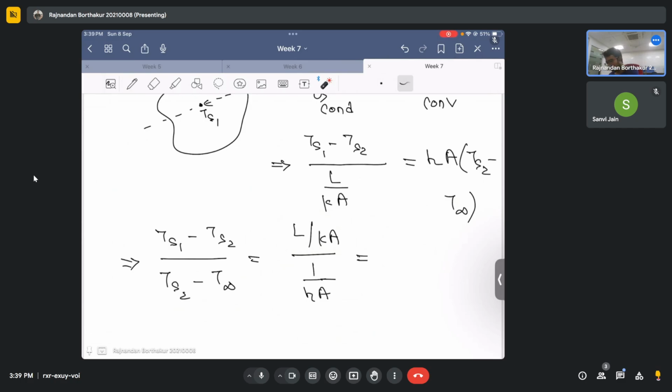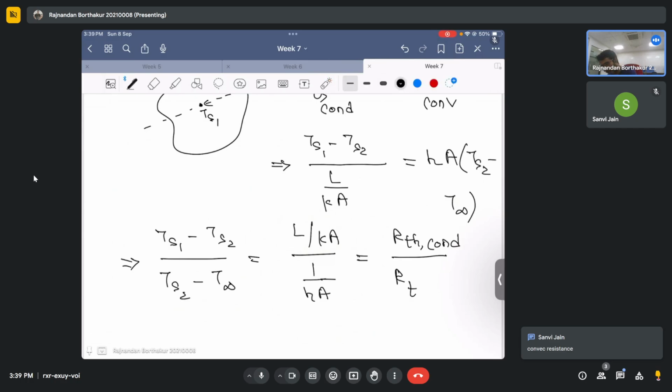Can you tell me what is this? Yes, this is conduction resistance. Exactly. So this is basically your RTH of conduction. And what is this? This is convection resistance. Exactly. So this is basically your RTH of